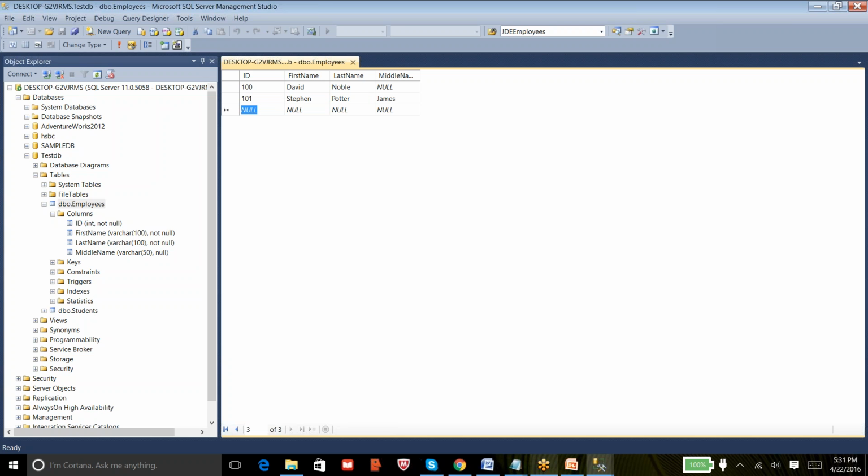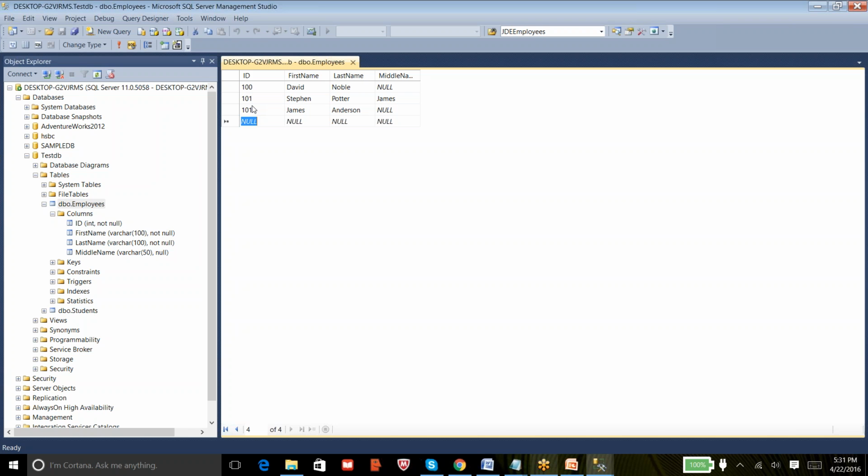There is a chance that, maybe by mistake, I insert a duplicate value for another person, James. If you look at this data, it's not correct, because the two persons, Stephen and James, have the same employee ID.